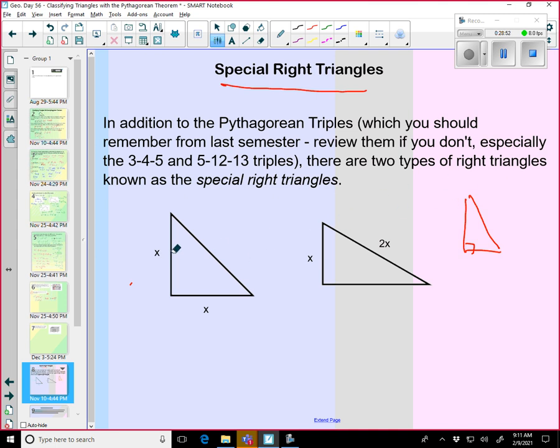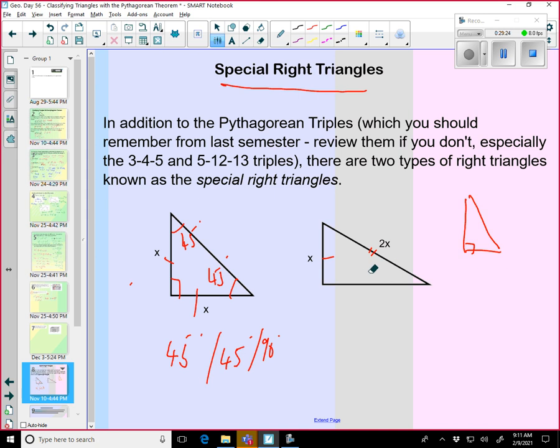One is x, which means this side is equal to this side, and this side is half of this particular side. These two are not equal. This is called 45, 45, 90. If I get two sides equal in a right triangle, then this will be 45 degrees and this will be 45 degrees. Okay, the first special right triangle is 45 degree, 45 degree and 90 degree.